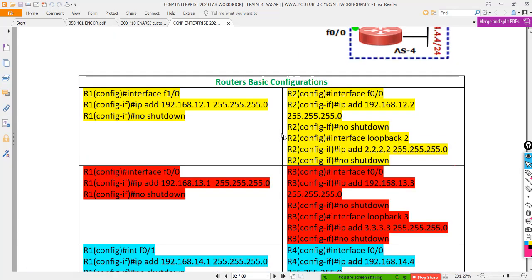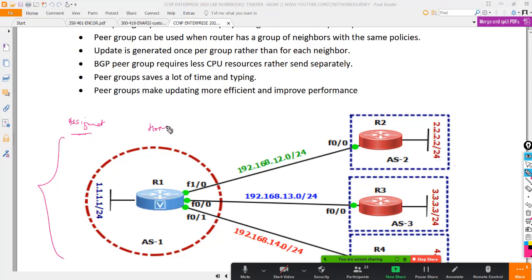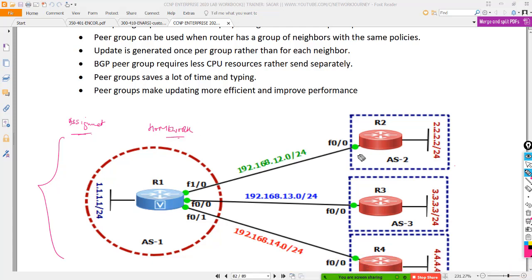It's very simple, just a theoretical topic, and just to make it understandable, I'm going to give you another assignment. Take your time, don't rush. I want you to take this and configure. Very simple thing.